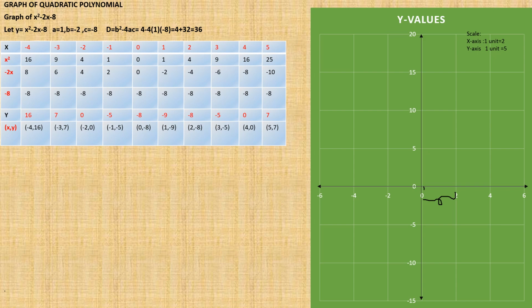So 0, after the first line is 0.2, second line is 0.4, third line is 0.6, fourth line is 0.8, fifth line is 1. And then after that you have to add 0.2. Similarly on the y-axis, if you take 5 units, how many lines are there in between? 10 lines will be there in between 0 and 5. So each line becomes 0.5, 5 by 10.